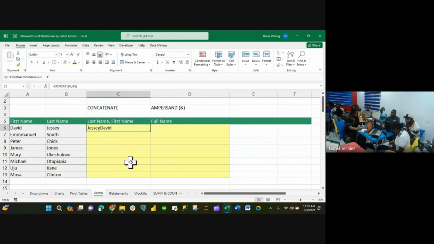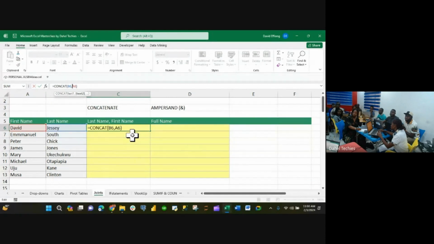Do you remember when I told you guys that in Microsoft Excel, as in Word, every single character is a valid variable? Do you remember? Yes. Your full stop, your plus, your comma, and all of that. So if you want to see space and comma in whatever you are doing, you have to go back to that formula. In between the B6, comma, and A6, you have to insert a comma and a space, correct? How do we do that? Go over there. And what did I say if you want to insert a new variable or a new character, so that Excel will understand it? Put it in quotes. Go.